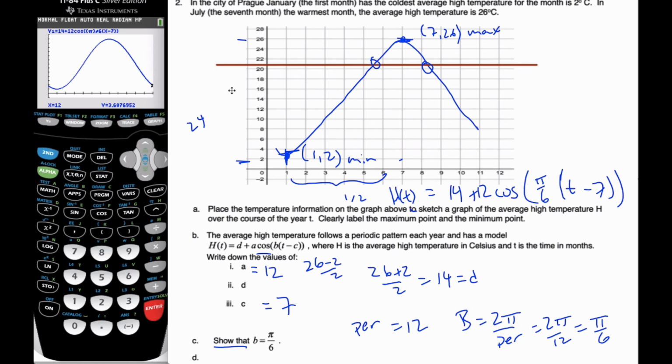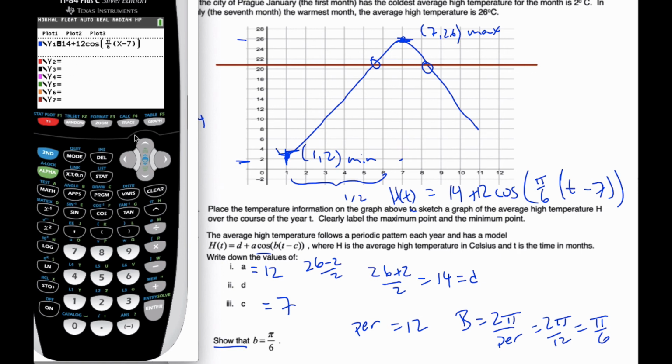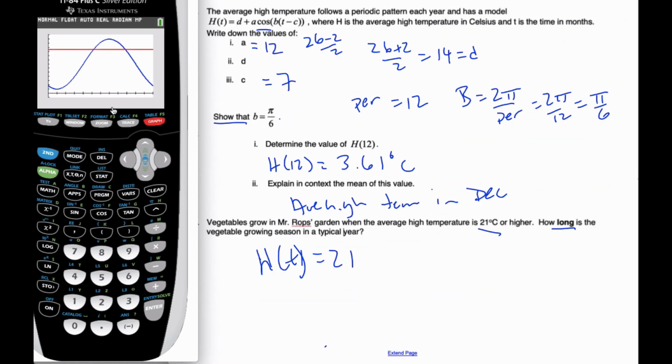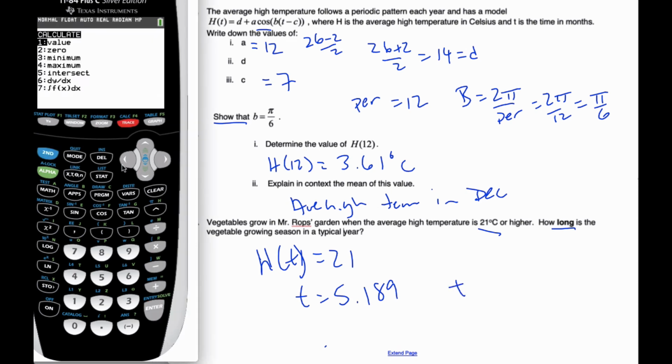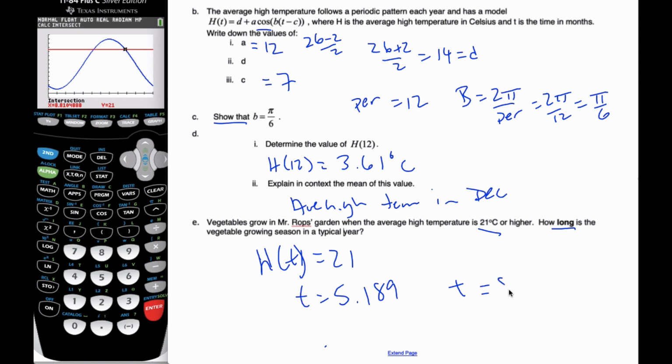And so I can see that from these months here to here is the time when my vegetables will grow. So I want to find how long it is, so I'm going to put into my calculator this 21, and I'm going to graph this, and I'm looking for the points of intersection. And so if I find, I'm going to trace, intersect, and I get 5.189, and so the first t is equal to 5.189. And the second t, we do it again. We go second, I'm going to do the intersection, 1, 2. The guess, I'm going to put over here closer to November. And that tells me 8.81 is equal to